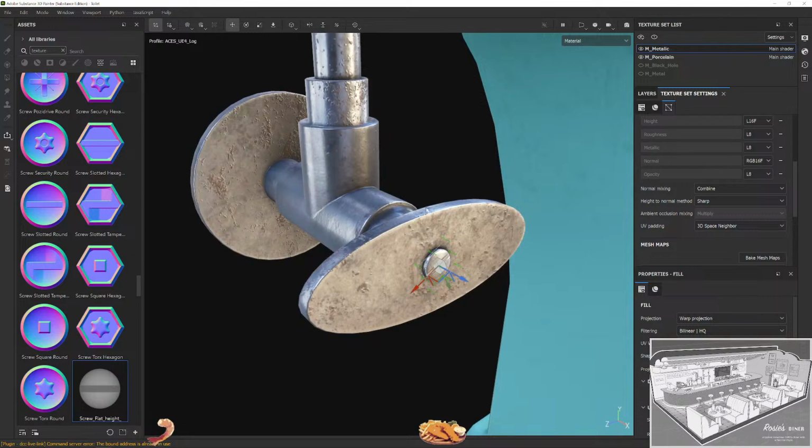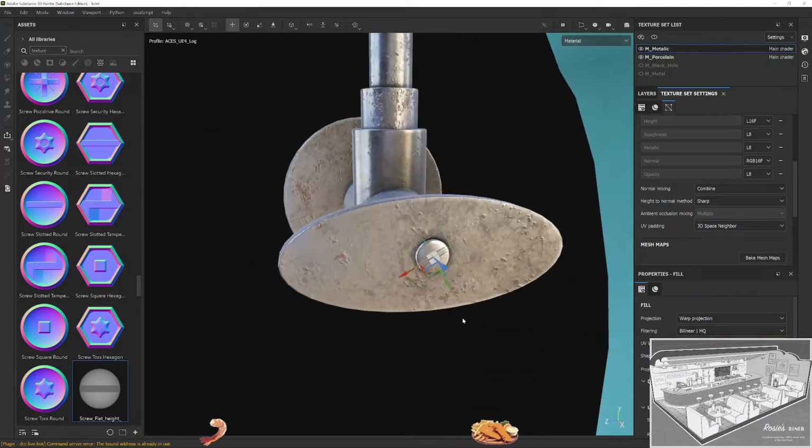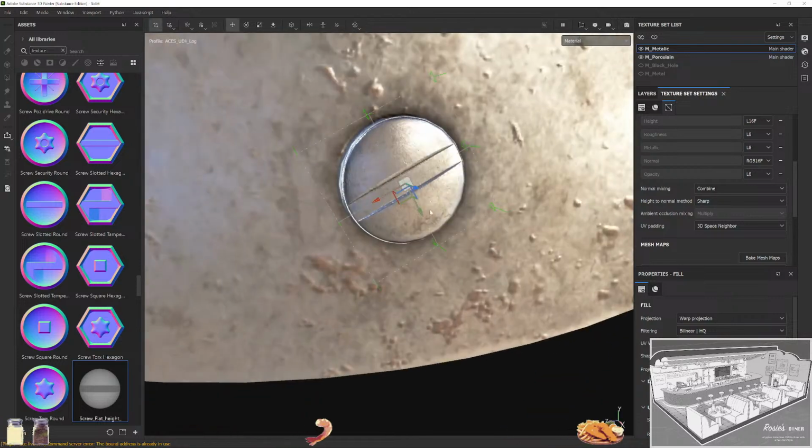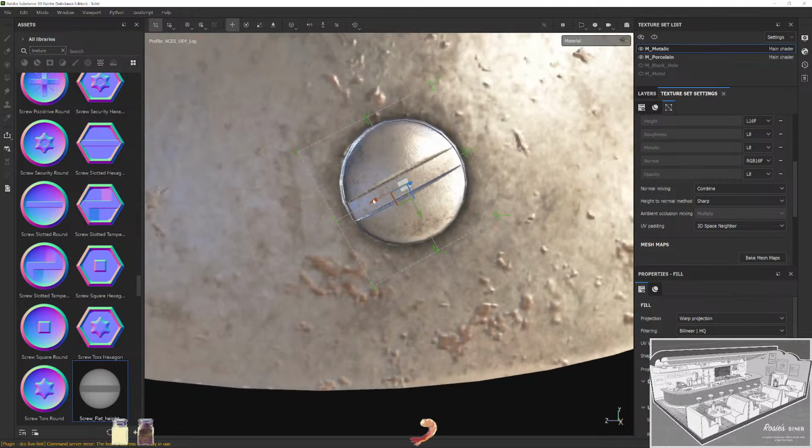Oh, and I forgot to rotate this. Oh, crap. So yeah, that's kind of not the best placing in the world, but kind of gives a little illusion of a screw. Let's try to maybe make it